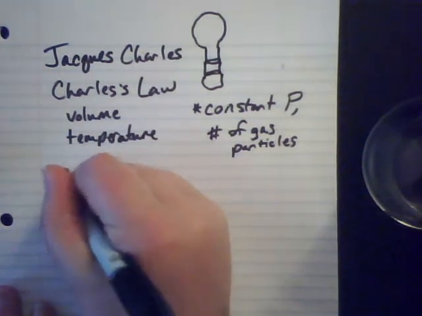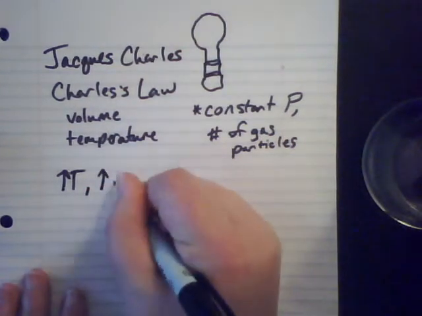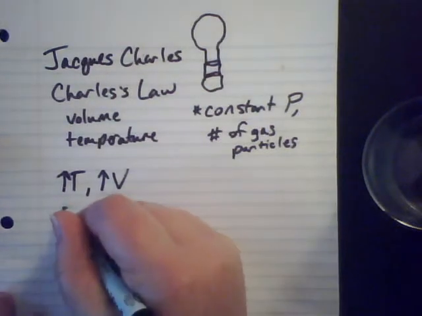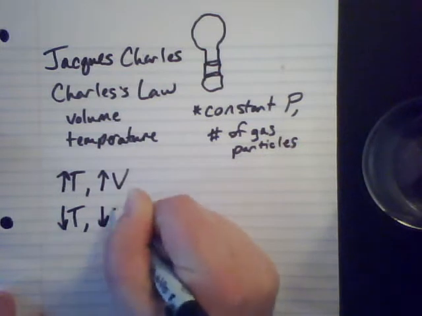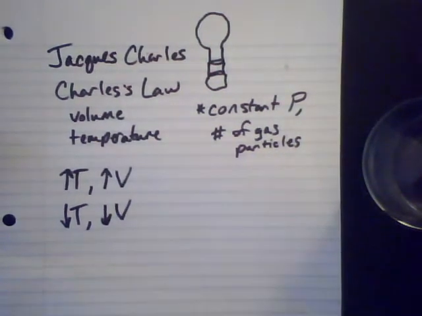So when you increase that temperature, then that increases the motion and the speed of particles. That's kinetic molecular theory. And it will also expand the gas outward if we have the same number of particles and the same pressure. So as one goes up, the other one goes up. Now the opposite is also true. If I was going to decrease the temperature, make it lower, then the volume of gas would get smaller. So as the temperature goes down, the volume goes down.